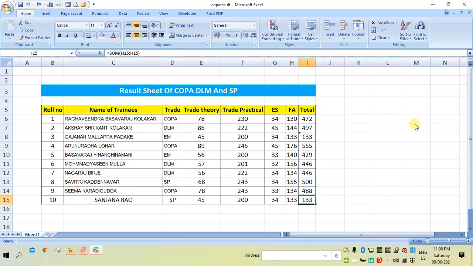So now we see how to insert the pivot table. This is an ordinary table. Let me show you how to create a pivot table. So what is a pivot table? A pivot table is a flexible table that gives you summarized data information. You can modify it in such a way that whatever information you want, you can get it from the pivot table.